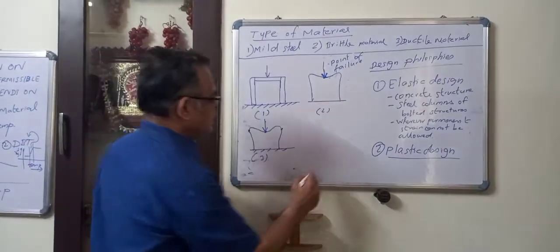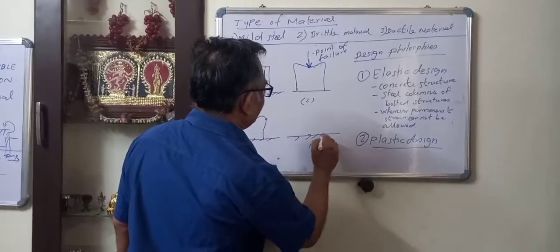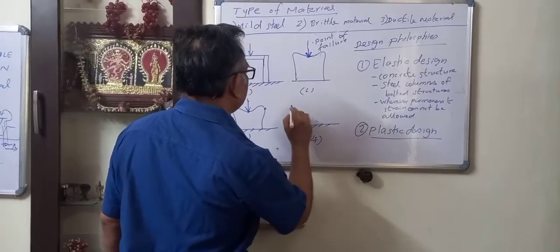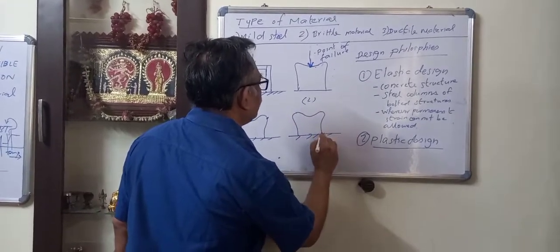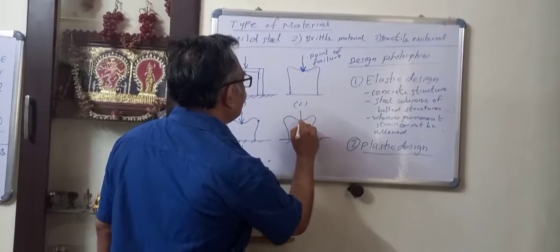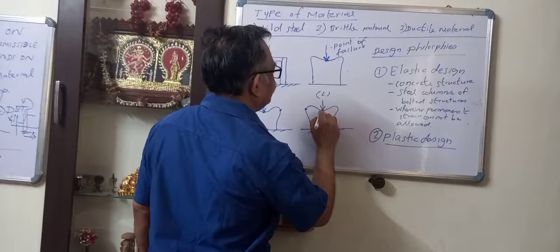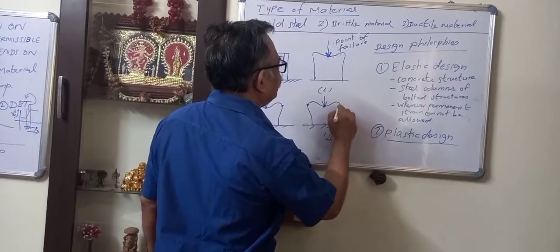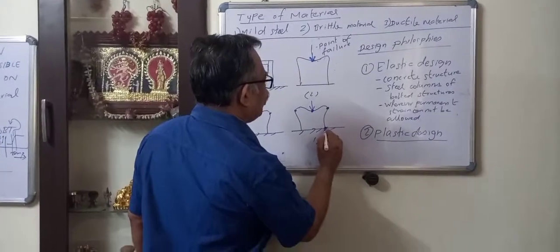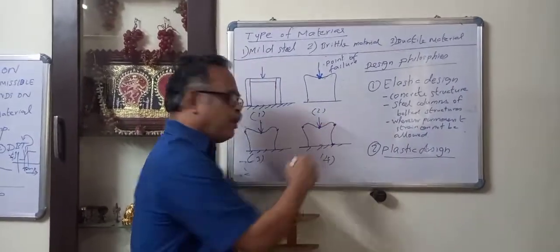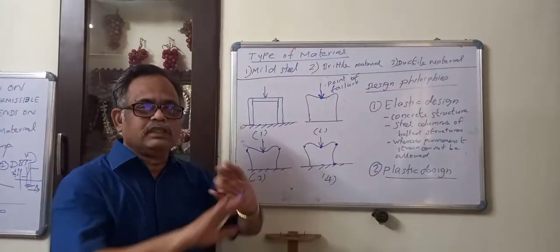So in the 4th stage, if any one of these 2 columns begins to fail, I will tell you. So it is like this. The load has become still more. Already this point has gone beyond yield strength. This has also gone beyond yield strength. This has also gone beyond yield strength. Then if this one more point, the 4th point, also goes beyond yield strength, then the structure will